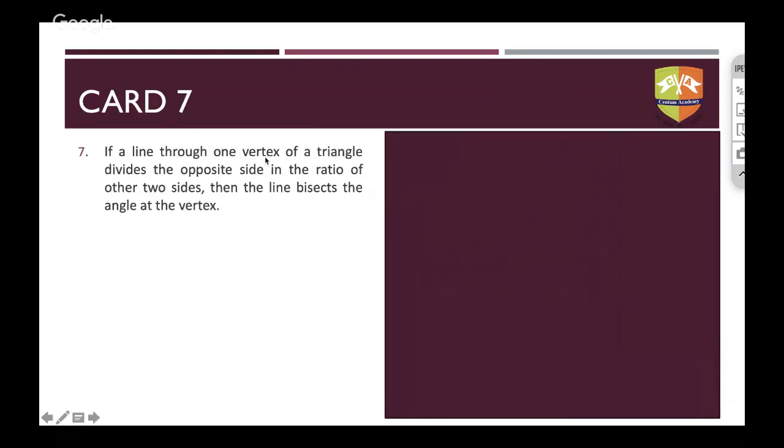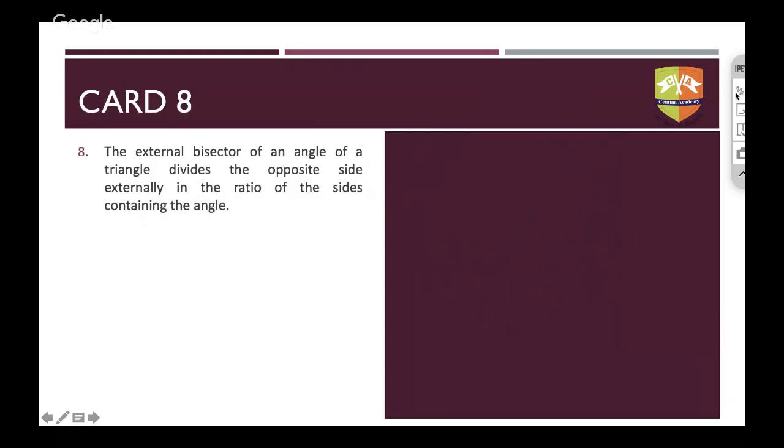So the next theorem is, if a line through one vertex of a triangle divides the opposite side in the ratio of the two sides, then the line bisects the angle at the vertex. So basically it's the converse of the previous theorem. What was that? And what does it say? So basically, if again